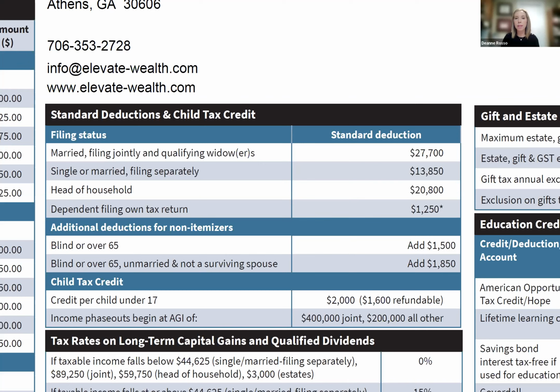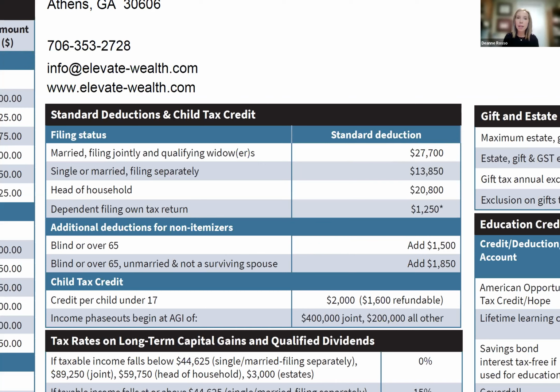In a way, that's what simplified the tax code with the Tax Cuts and Jobs Act. It made it so that more people take the standard deduction rather than having to keep up with things that they itemize. So for this year, for married filing jointly, the standard deduction is $27,700. That is up from last year's $25,900. It's almost a 7% increase in the standard deduction.